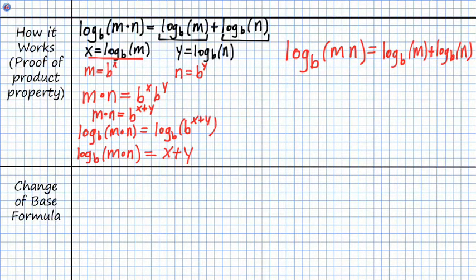All right, and then there's one last thing that I want to talk about as far as rules go, and that's our change of base formula. We've talked about the change of base formula before, of just saying log base b of m is equal to the log of m over the log of b. And the reason why we had to do that is because we were trying to go from log base 10 into a log of base b. However, this is not the only situation where you can use change of base. You can use change of base to go from any base to any other base. So what we can see is our actual change of base formula